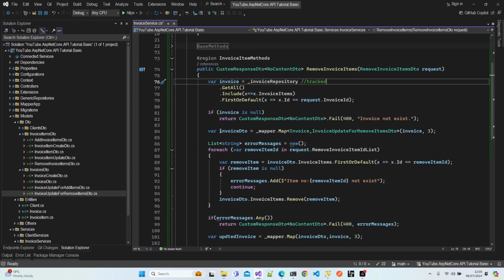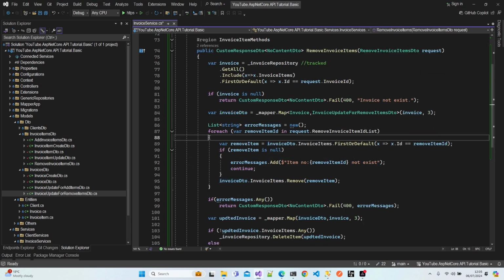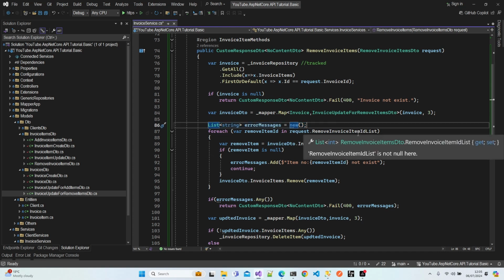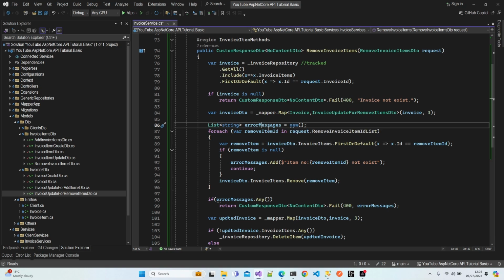Alright, so we created invoice DTO. Then I created an empty error messages outside of the for each, just in case we have error messages, I'm going to fill this object with the error messages. Okay, now let's iterate the invoice item IDs that come from our list, and every item ID is going